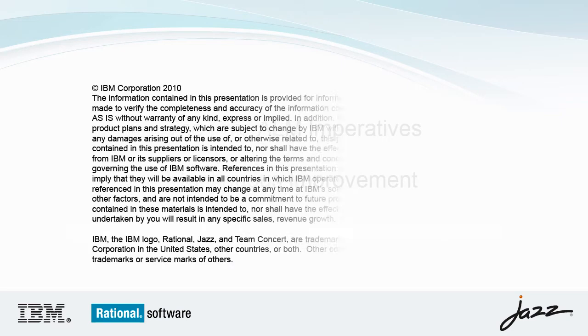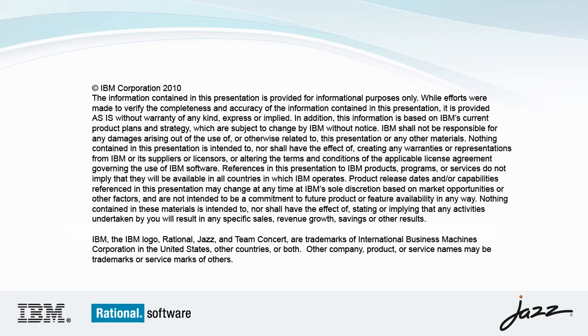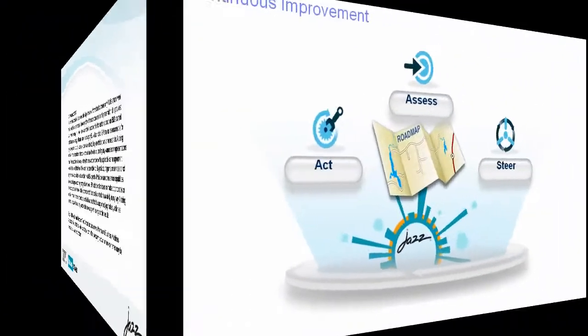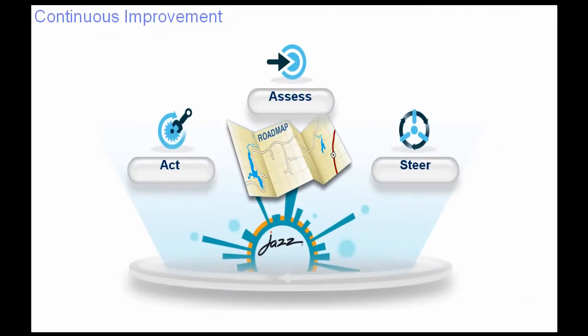In this video, we'll be exploring how to reduce costs using continuous improvement. Everyone knows that building software is iterative. It takes several tries to get the software just right. Continuous improvement assists teams in getting things just right as they identify their best practices, deal with compliance requirements, and